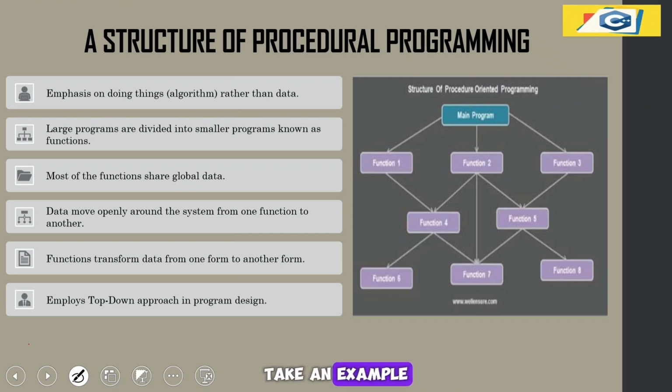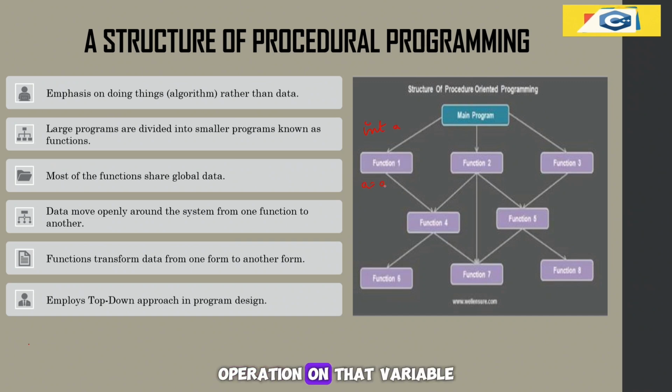Take an example. I have an operation on the variable. The global data will be shared with the second function as well. In the second function I am performing some operation, suppose subtraction.